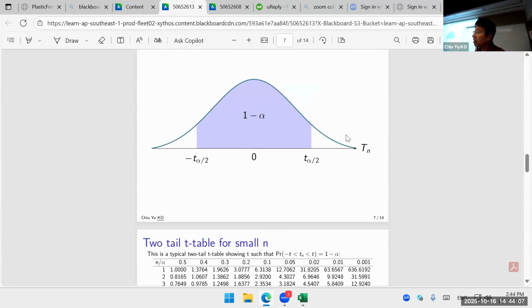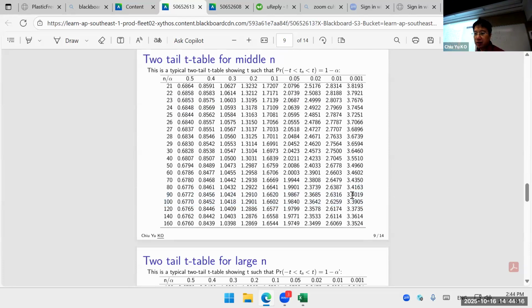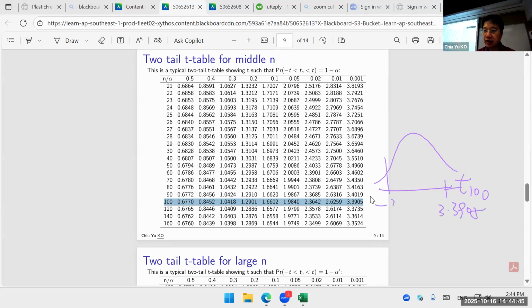Okay, I tell the center area was a number, right? So 3.3 is somewhere between, look at 90, right? Or look at like 100 is also fine. Doesn't really make too much difference, right? So look at 100. So it is between 0.01 and 0.001. I mean, actually, it's getting smaller. So what does that mean? This table means T100, 3.3905, negative 3.3905. The middle